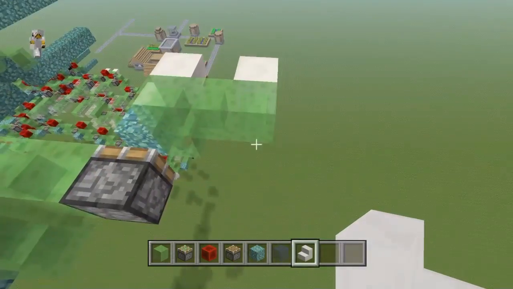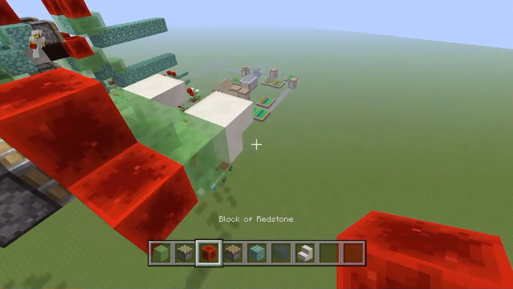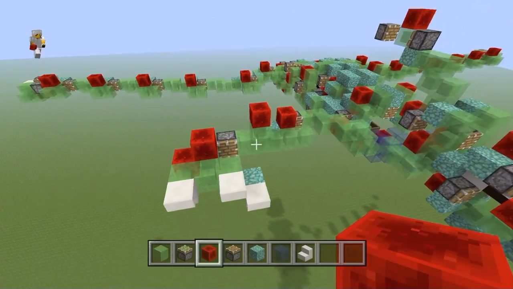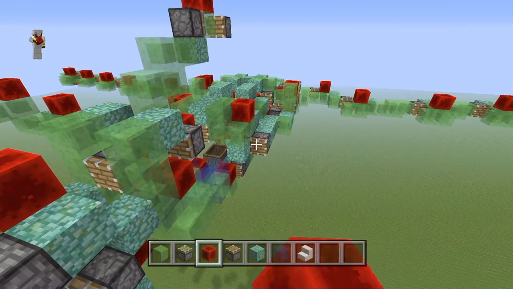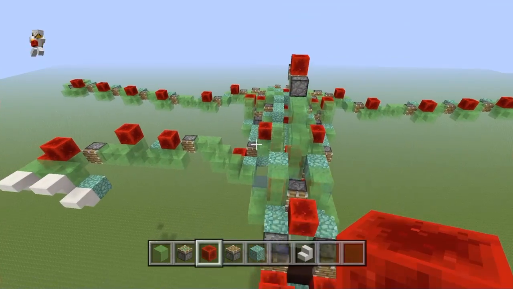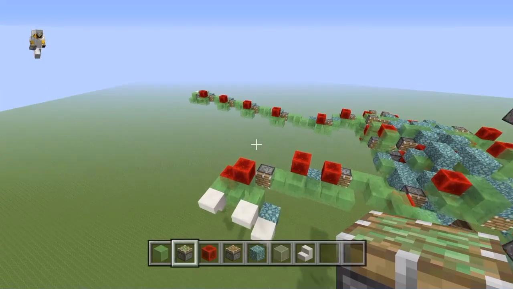But yeah, anyway, coming off of that, what you want to go ahead and do is just slam down a slime block here, redstone block, and that is the full arm of this side. And you can go ahead and mirror it coming off of this piston right here, and we are ready to move forward. Alright, so once you have that all mirrored up, what you want to go ahead and do is